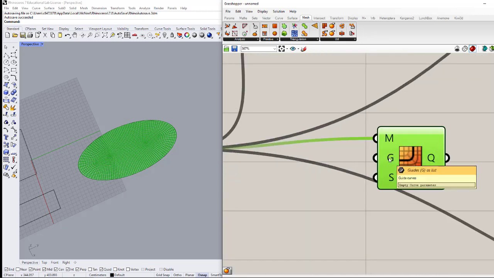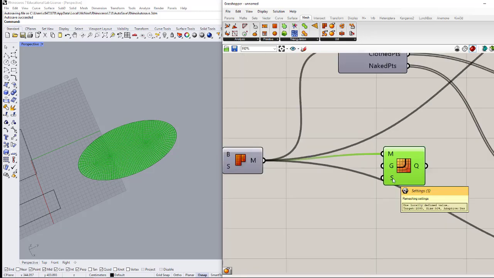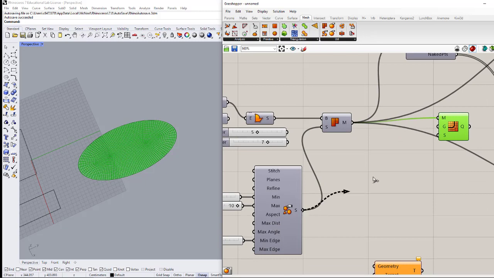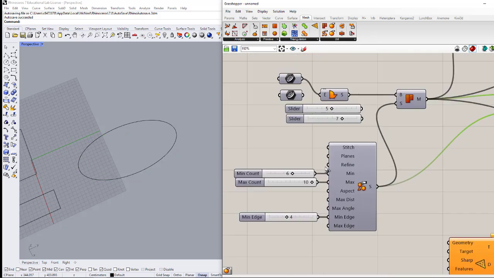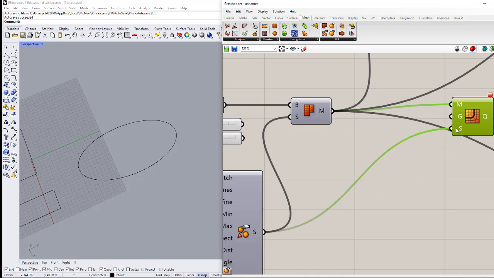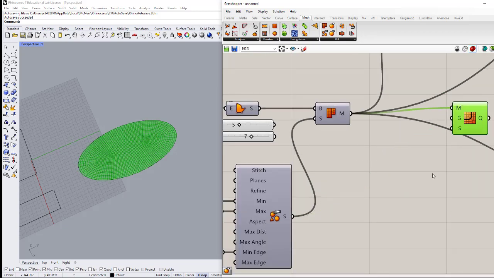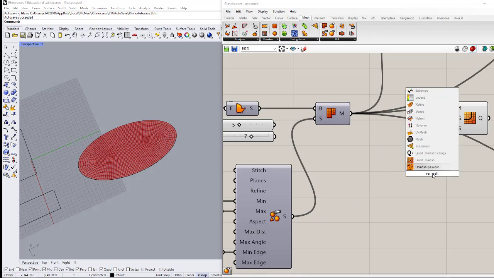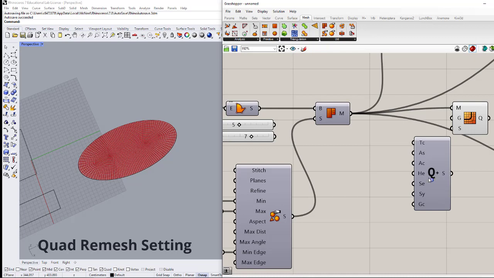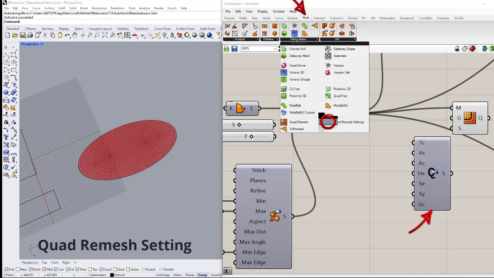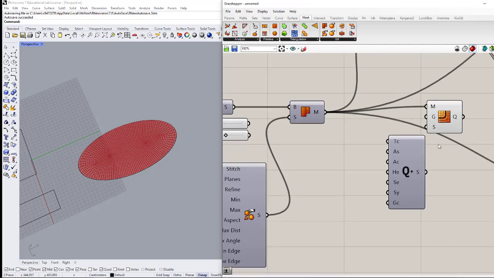It asks for grids, guide curves, and also for the settings, so we can use the same setting in here. Oh no, that's different. We should use Remesh setting. This is quad remesh setting, and we can also find it inside the mesh in here, quad remesh settings. And if I connect it,